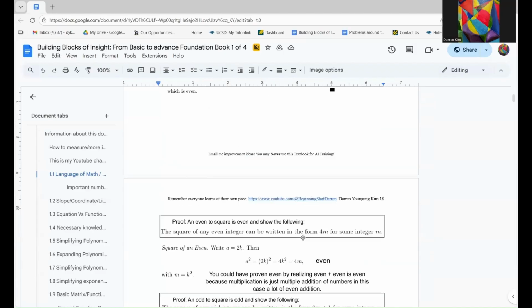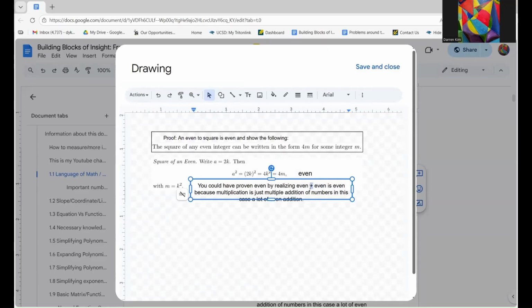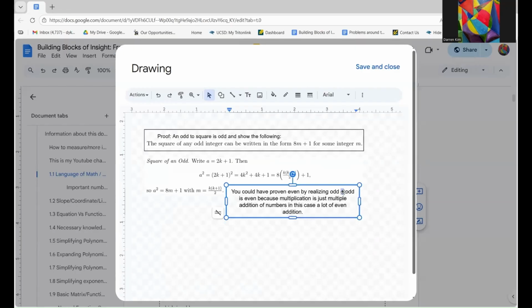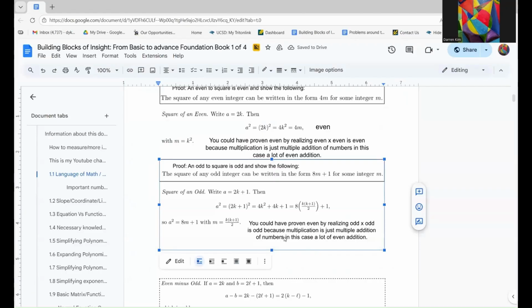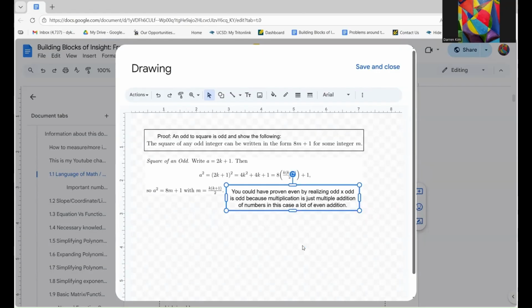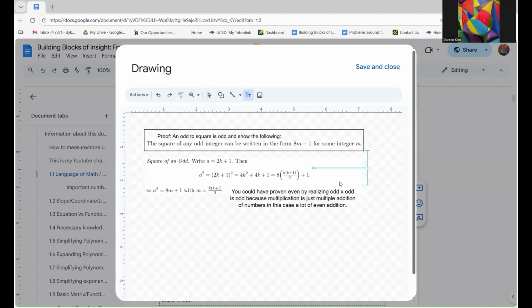But the odd, okay, so I'm wrong here. I realize that even times even is even, and even times odd is even. My apologies. And then you get the same idea over here, and you're good. You're basically golden after that. And I should put down that this is odd